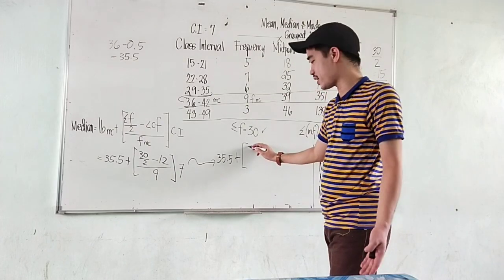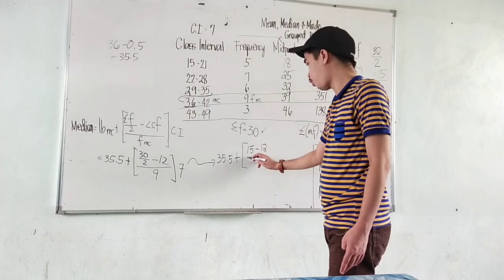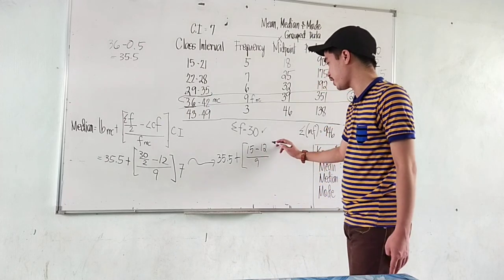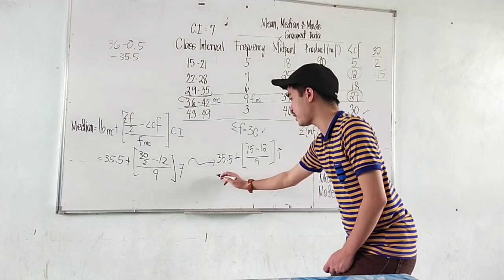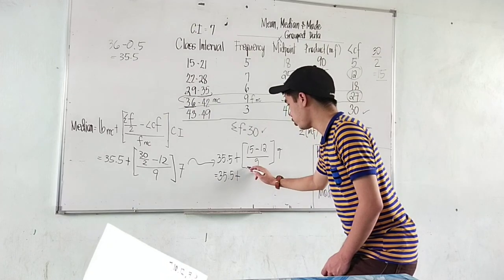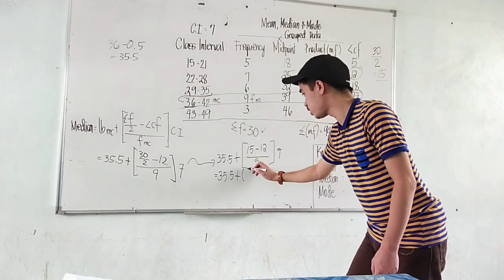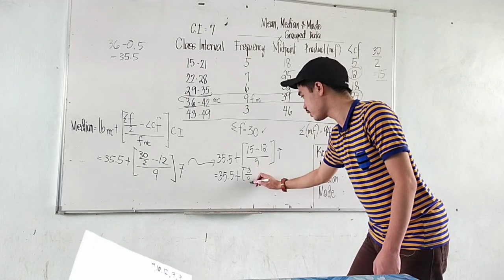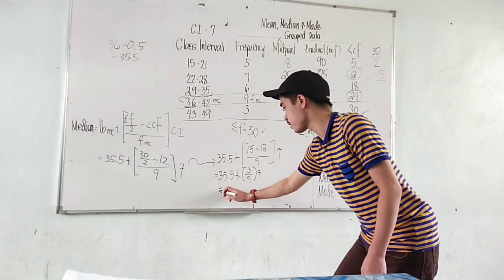30 divided by 2 is 15, minus 12, over 9. Multiplied by our class interval, which is 7. So copy lang po muna natin yung mga plus kung ano po yung total natin sa loob. We have here 3 over 9 times 7. Okay? So, next po natin is